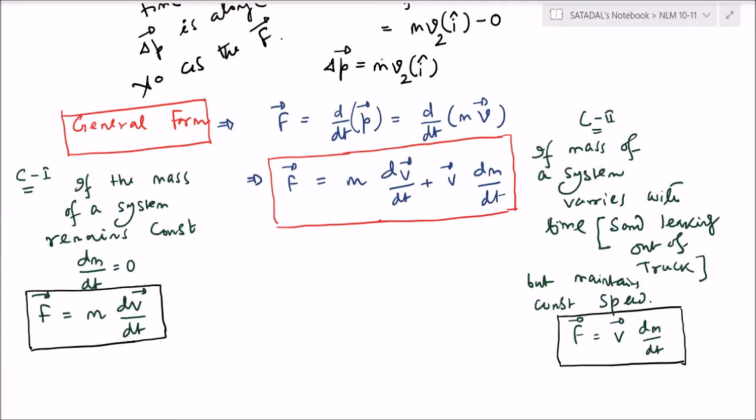Mr. Akash. Sir, in the second case, sir, where did m dv/dt go, sir? It has gone to its maternal uncle's house to fetch potato chips. I am writing here the constant speed. Okay, sir. Constant speed, that is, v is equal to constant. Acceleration, that is dv/dt, is equal to 0. Right? Okay, sir. Thank you, sir.